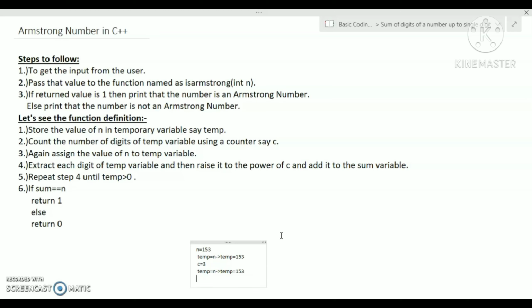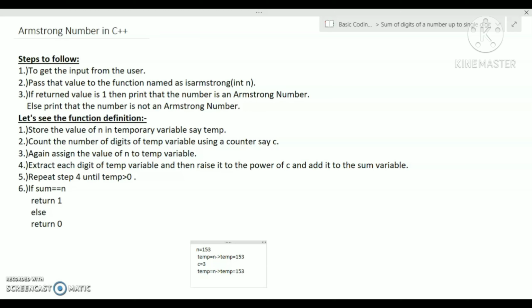Then in the fourth step we need to extract each digit of the temp variable and raise it to the power of c, which is nothing but the number of digits in the temp variable, and then add it to the sum variable. We need to repeat this step until temp is greater than 0.